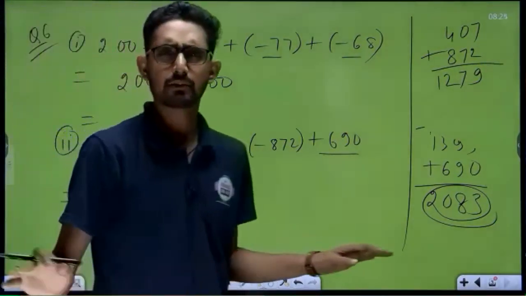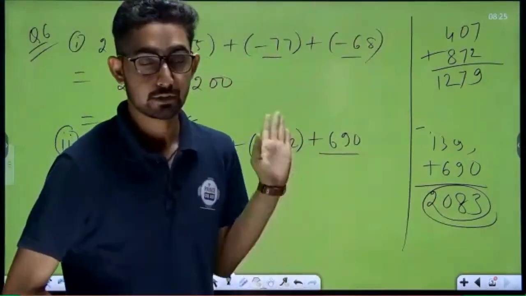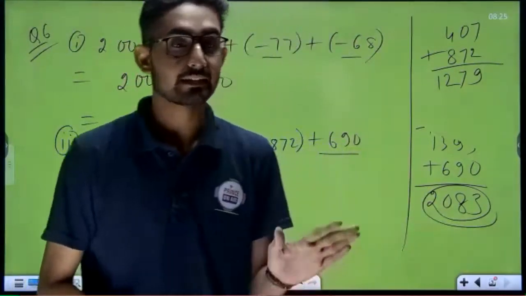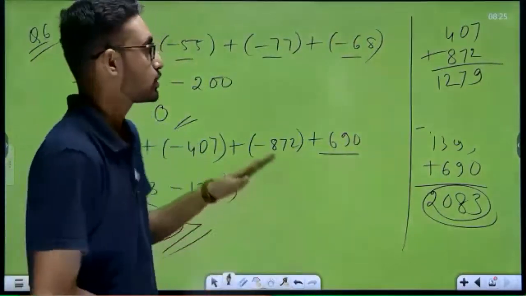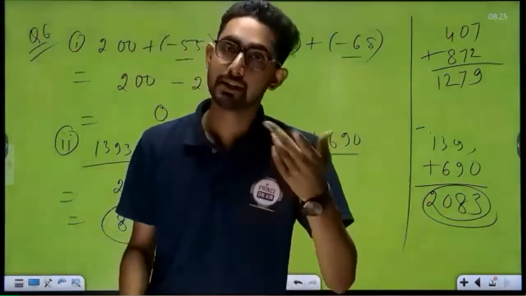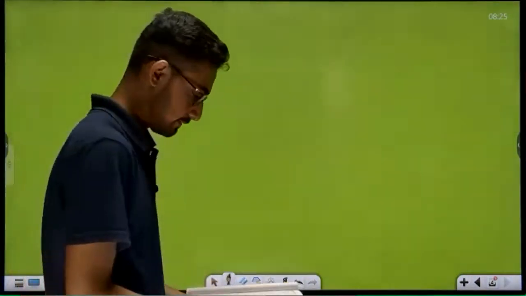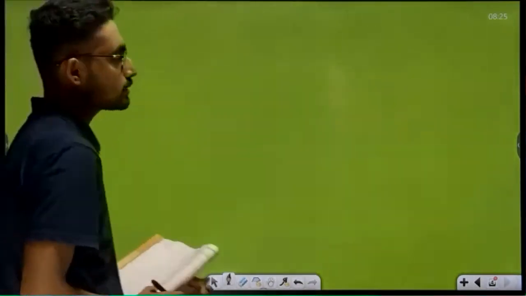Okay, very simple question. Now that means whatever remaining parts are there, जो भी आपको remaining parts दे रखे हैं, you have to solve yourself in question number 6. Okay, 2 parts completed, and in a similar way you have to solve the remaining 2 parts. Okay, now we'll move to the next question. Now next question, question number 7. Okay, now all of you try to understand this question number 7.